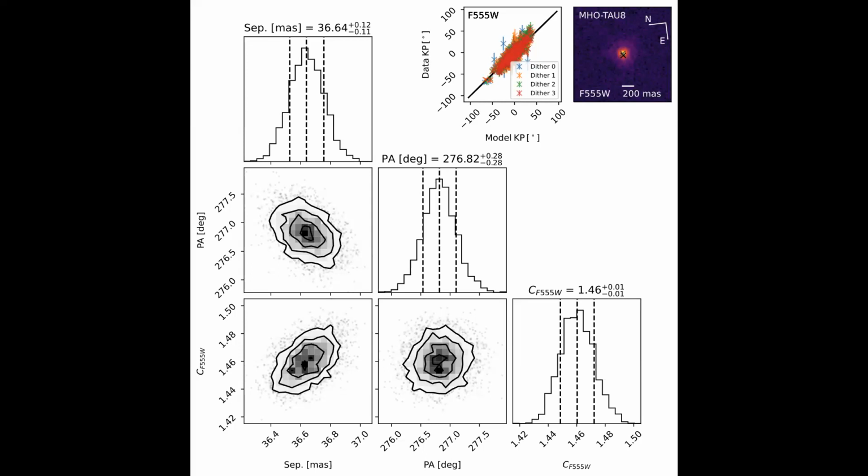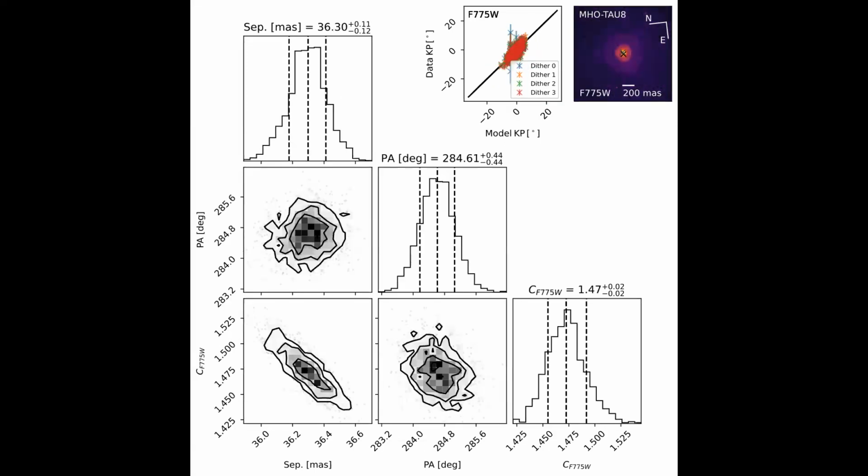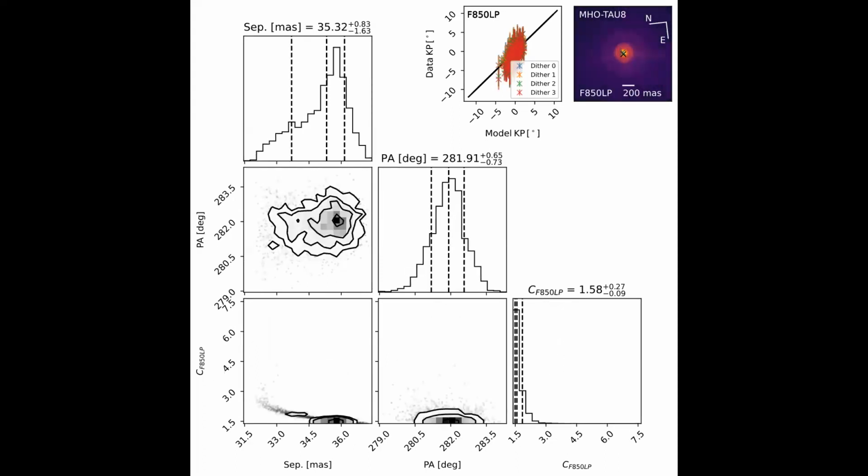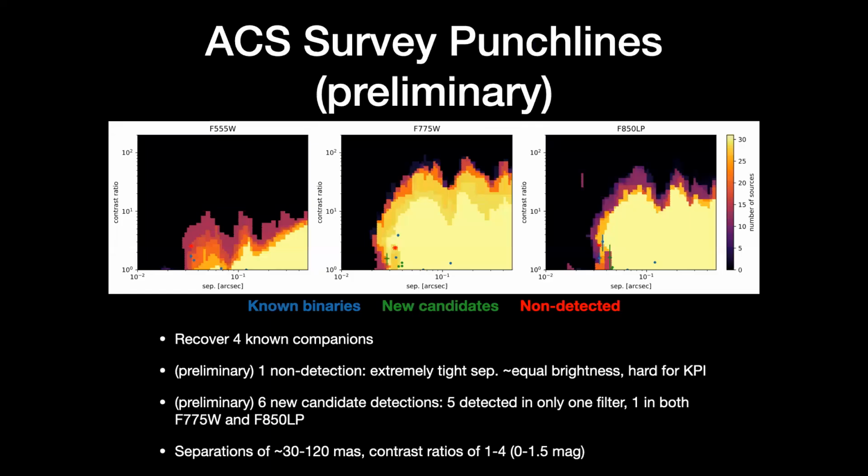And we have 3 filters in this survey. So this is 555, 775, and you can see as I scroll, the PSF is going to grow a little bit as the wavelength gets longer, the diffraction pattern gets bigger. And also you can see some of the quirks in the detector in the longest wavelengths. So again, calculate detection limits. This is where